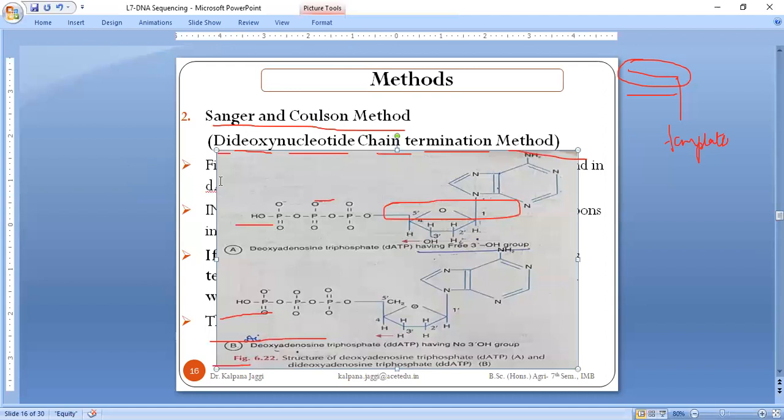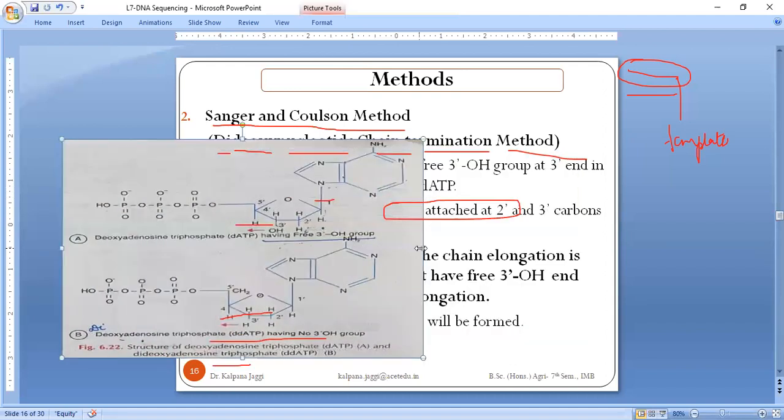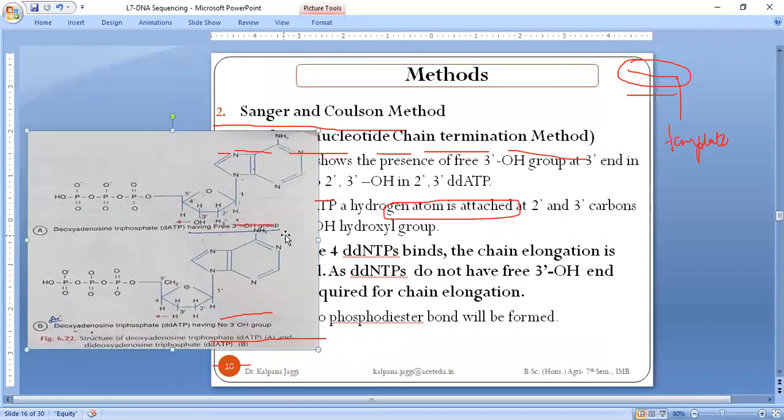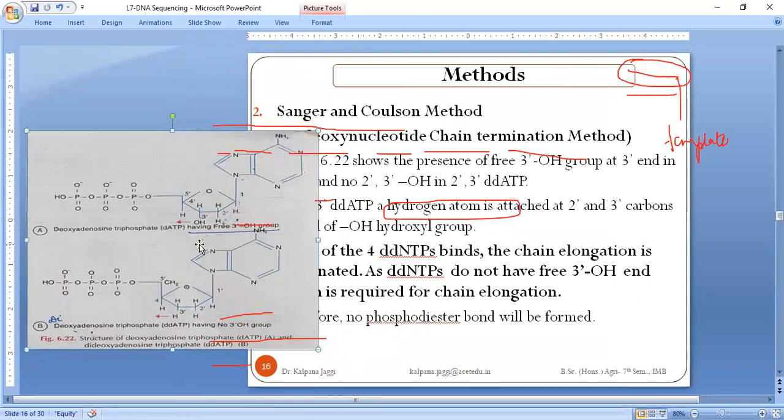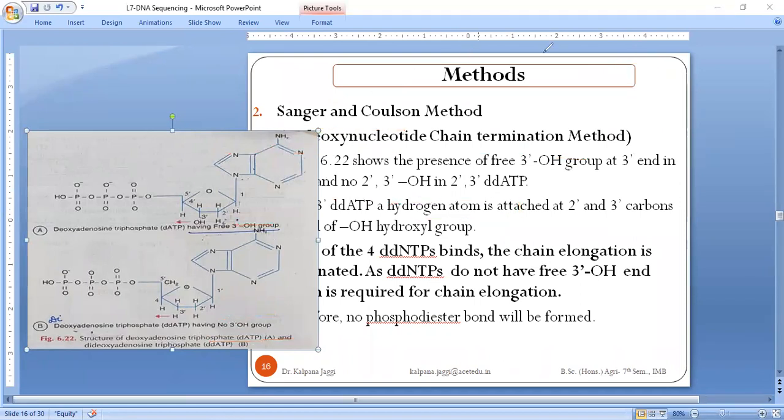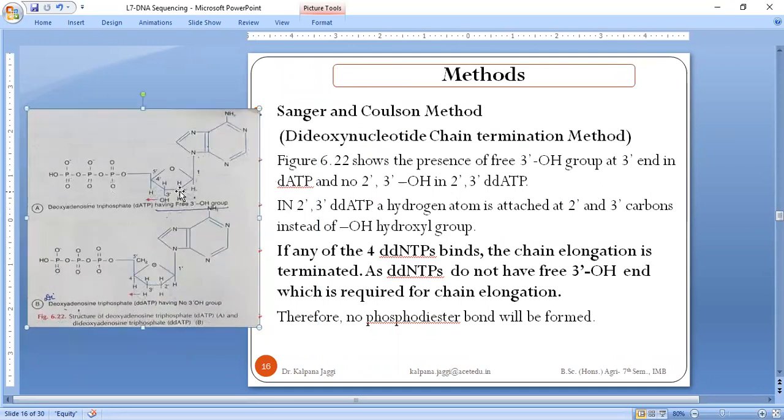So before I actually enter into the depth of this methodology, again I would like to make you all familiar with the structure of dATP and ddATP. This difference must be well known to you all before you actually understand the methodology, right? So see here, this is a base, a double ring base, that means it is a purine. This purine is connected to sugar. Ribose, deoxyribose,